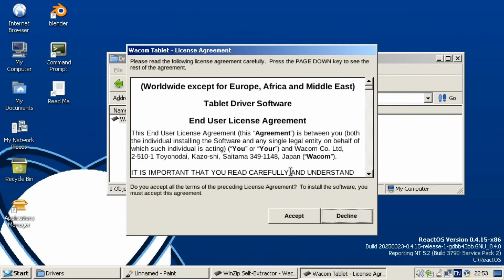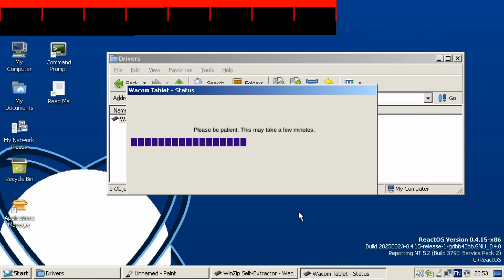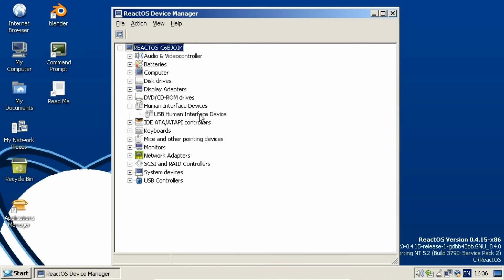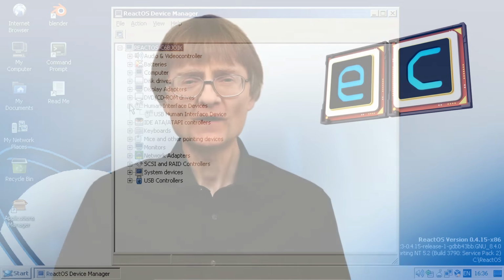ReactOS has the potential to become an important niche operating system. Right now, it's still far from complete, and whilst I told you in the last segment of the video that it hadn't crashed during my application testing, which was true, I then spent a couple of hours trying to install this tablet, and that resulted in some spectacular crashes, not just in my attempts to install the driver, but also when browsing around in the device manager. This said, we mustn't forget that ReactOS is still in alpha,